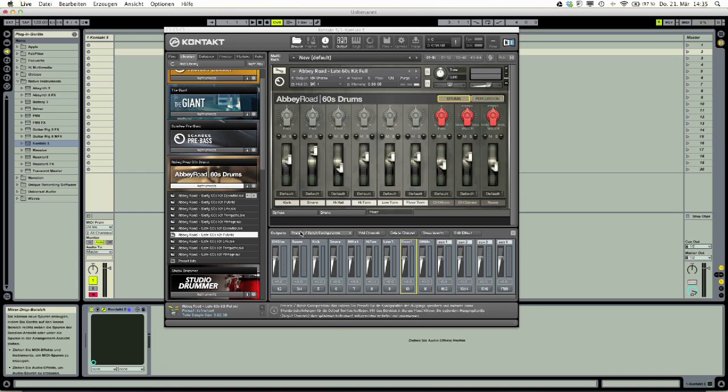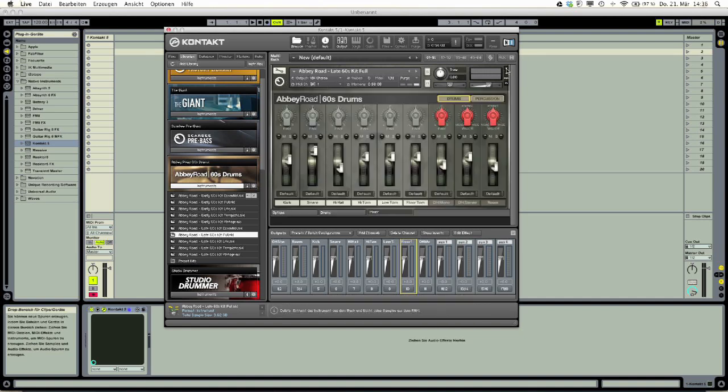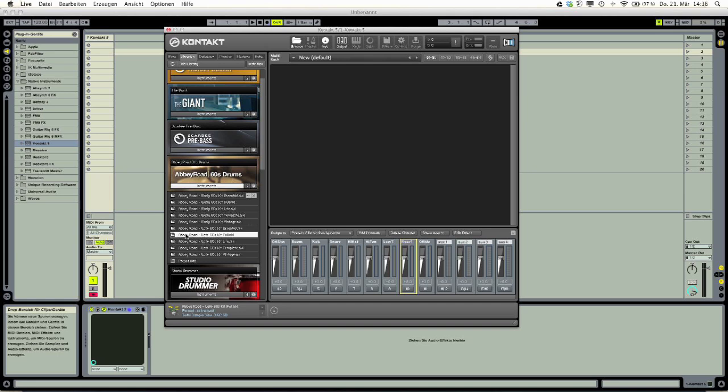There you go. The next step is we have to route them in the Abbey Road drums to the Kontakt output. Here, to see those outputs in the Abbey Road drums, maybe there's another way, but I haven't found it. So I just delete those and reopen.